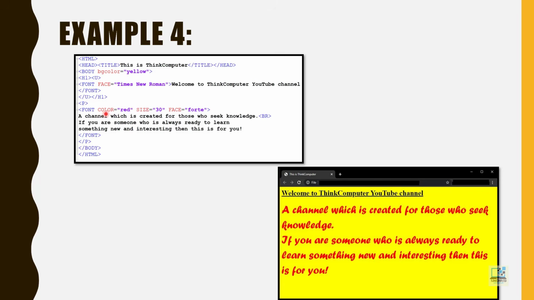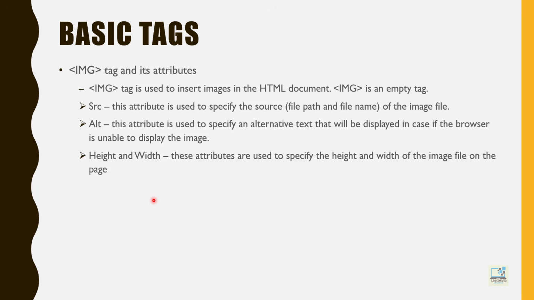And one last thing, whenever you are doing an HTML program, remember, tags are always closed in the opposite order of opening. So if I have opened the H1 and then the U tag, so closing will be U first and then H1. If I have opened first paragraph then font tag, so closing will be font closing then P closing. So if the opening order is ABC for an example, so the closing order will be CBA, the opposite of the opening order.